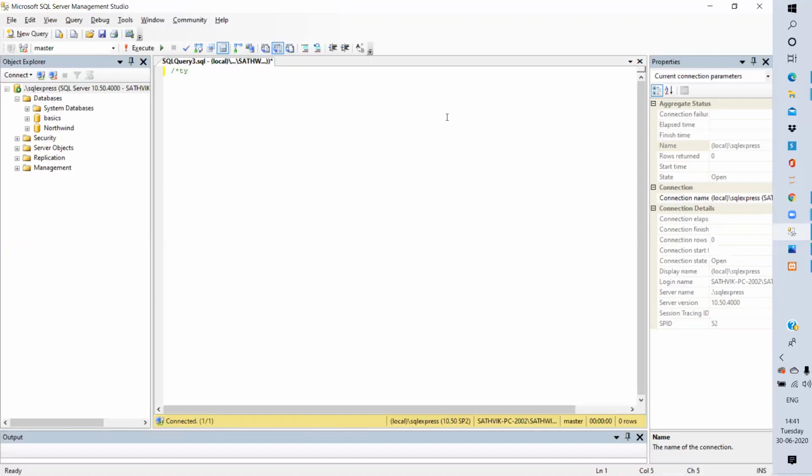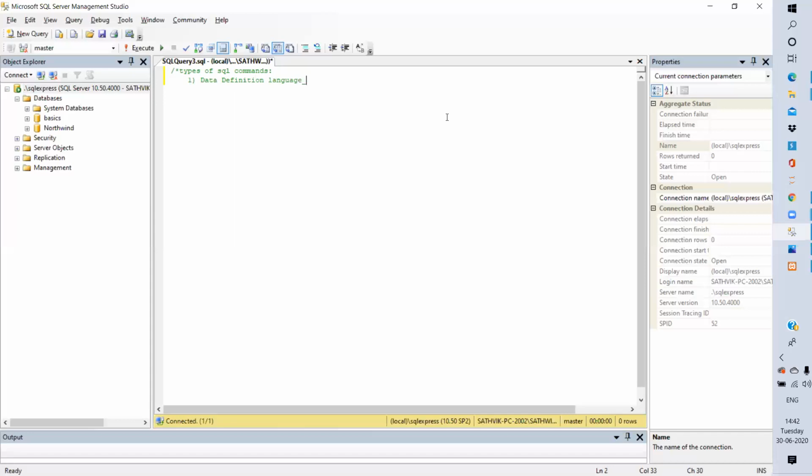So, types of SQL commands. First one is data definition language.